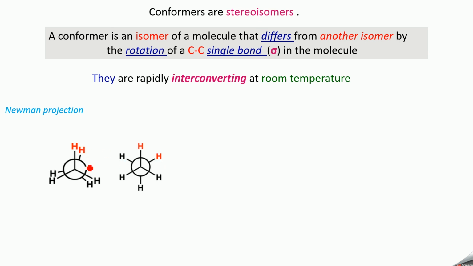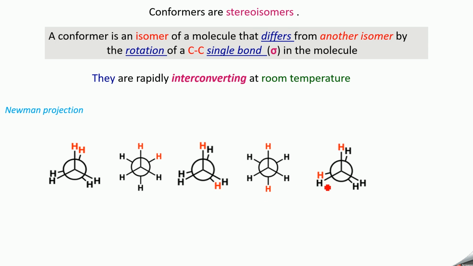So this hydrogen gets shifted to this position. Now again you rotate by 60 degrees. What will happen? This hydrogen gets shifted over here towards this hydrogen. So you are getting this one. Again you rotate by 60 degrees. You will be getting these two red hydrogens at the opposite side. Again when you rotate, this hydrogen gets shifted to this hydrogen, so you are getting like this. Again when you rotate, you are getting this form. When you rotate again, you will be getting the first form.